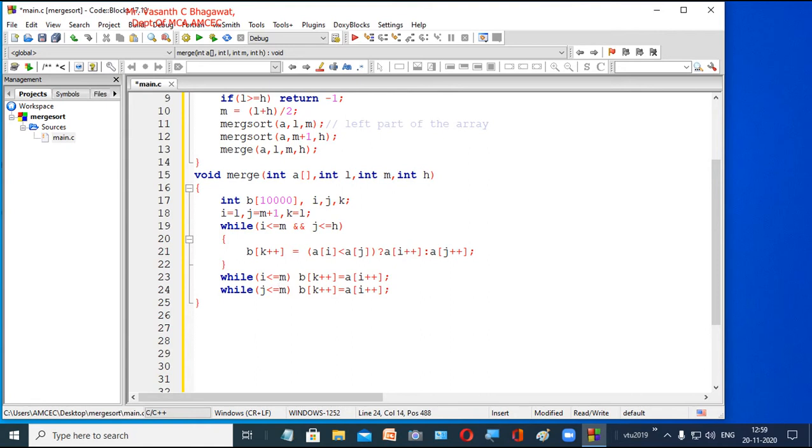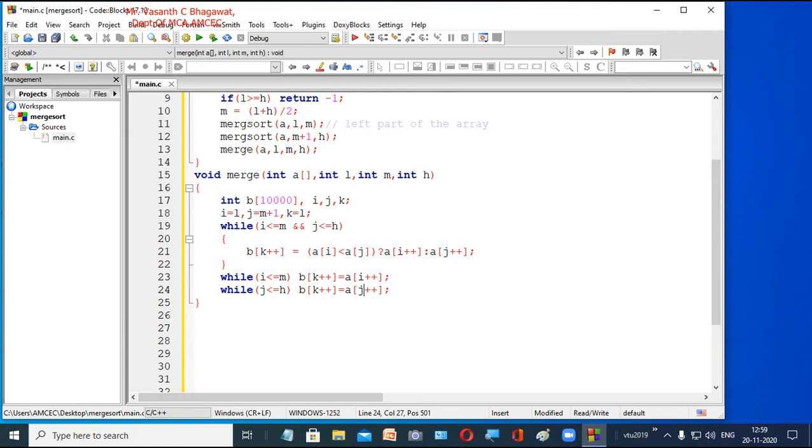This is your first, i less than or equal to m. The next one should be j less than or equal to h. So b of k plus plus is equal to a of j plus plus. Now you are copying all the remaining elements from the right part of the array into b. So now this completes the merging task.